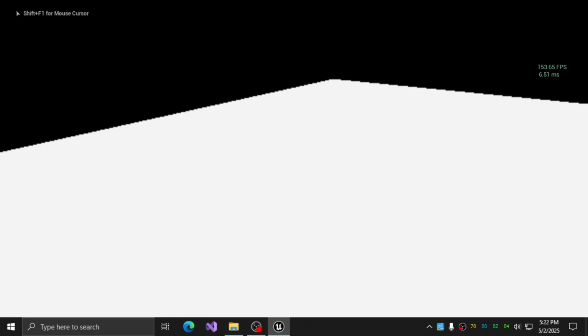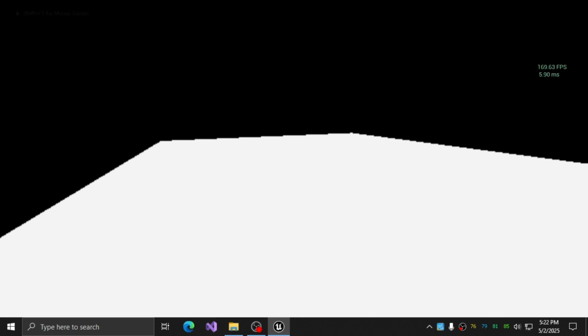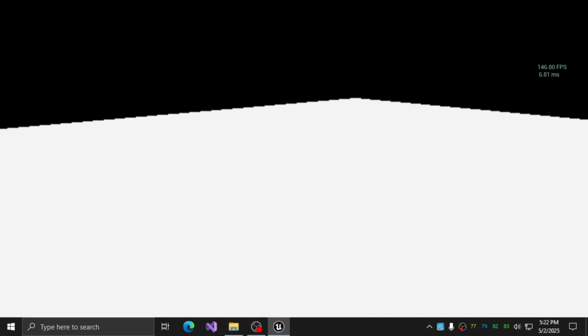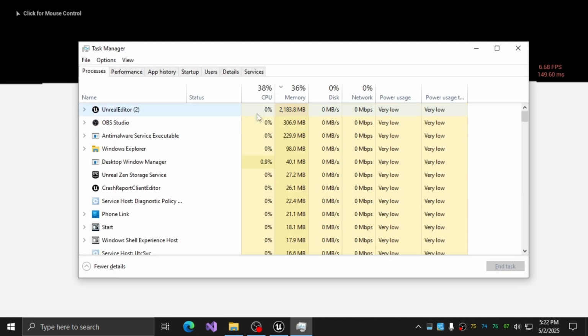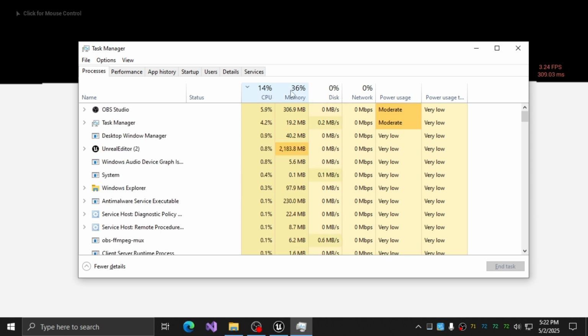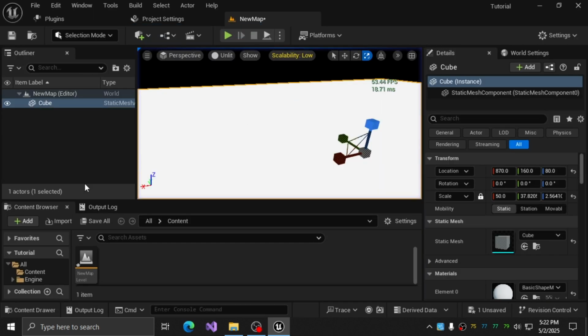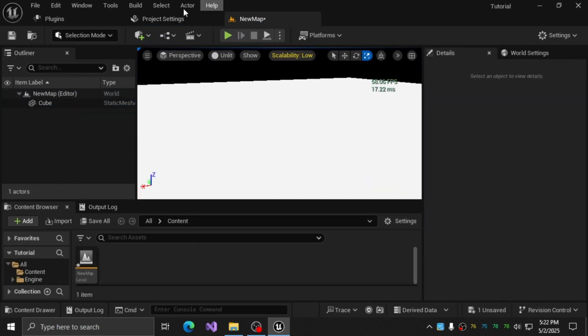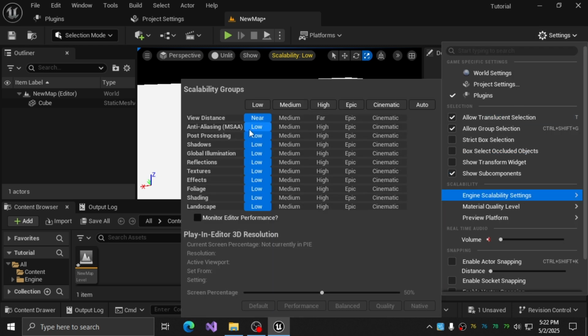Wait, let me do this. Yeah, 160. And I'm recording, by the way, so it's probably using some of my CPU there too. Maybe it's not using my GPU. Maybe it doesn't matter, I guess, because it's not using the encoder or something. It's a software, but still. So yeah, I mean now, and we haven't even disabled